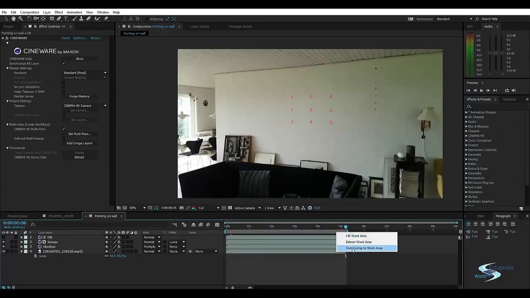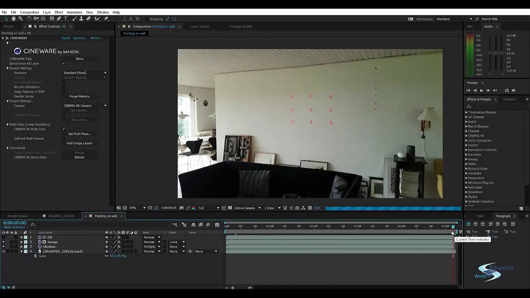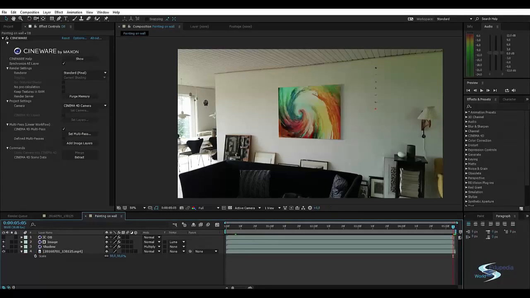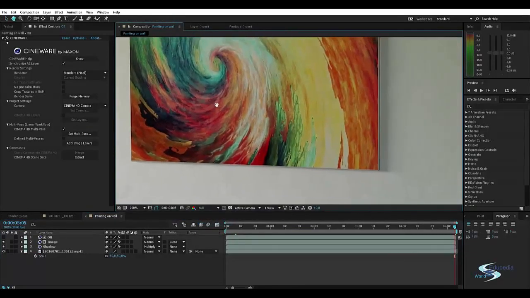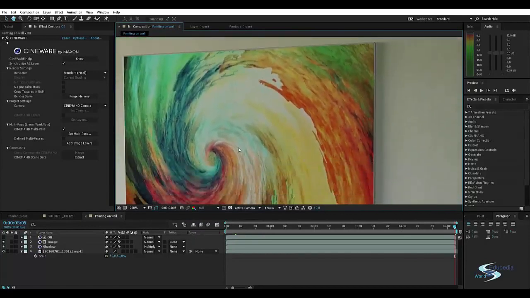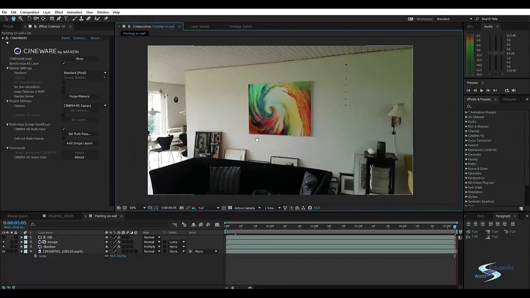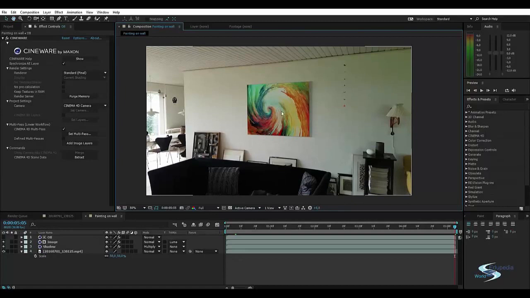I'll press N and trim the comp. I'll actually move one frame in. As you can see, this is how it's going to go every time I move a frame. At this point, it's going to crash the program. But what we can see is that our picture has been added onto the wall, and in my opinion this